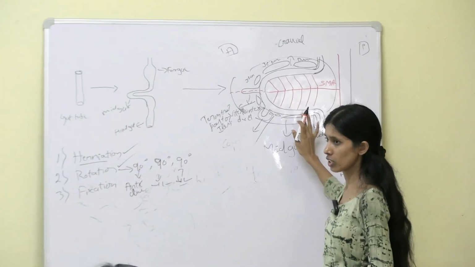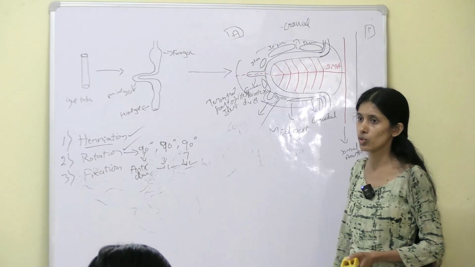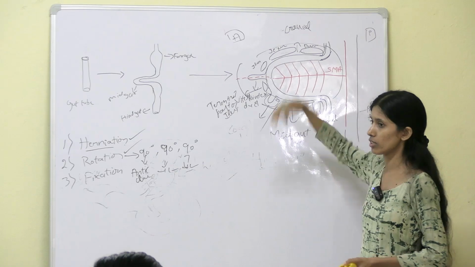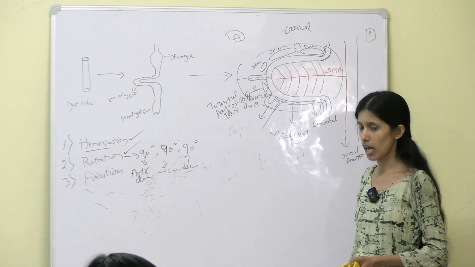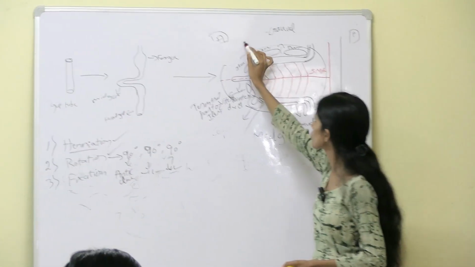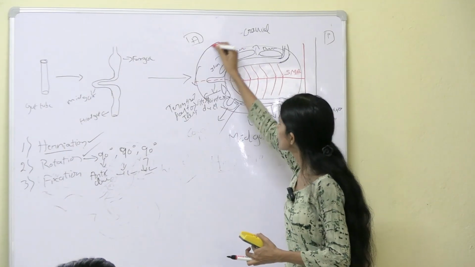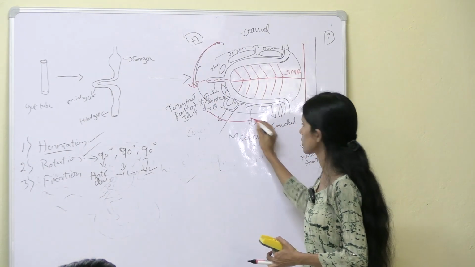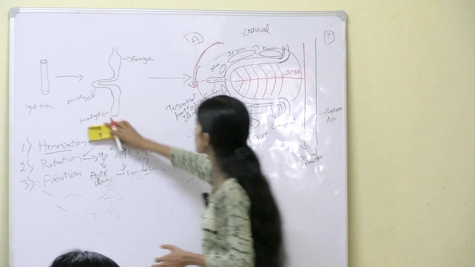First we have this structure. If it has to move in the anti-clockwise direction, which side should it move? This side or this side? Anti-clockwise, this side, right? So this should move in this direction. So the first 90-degree